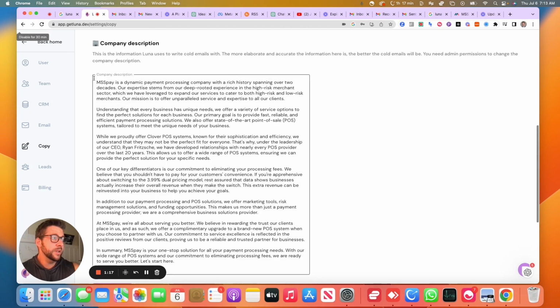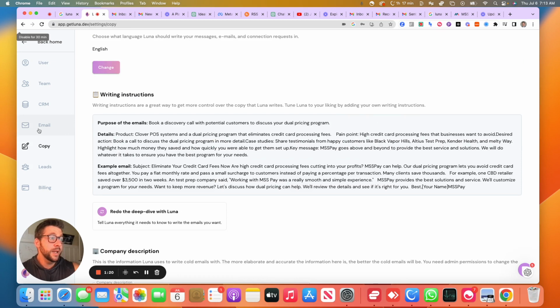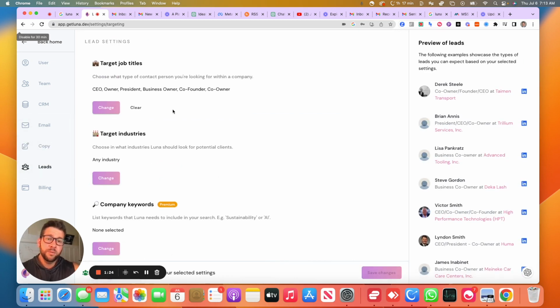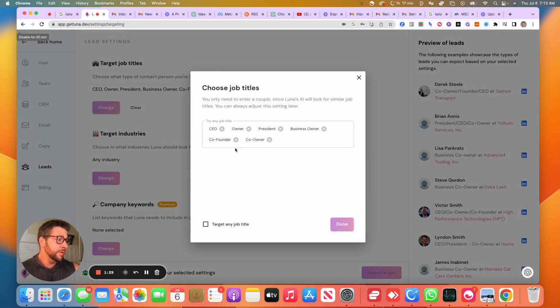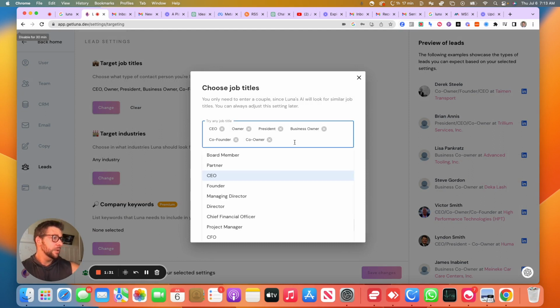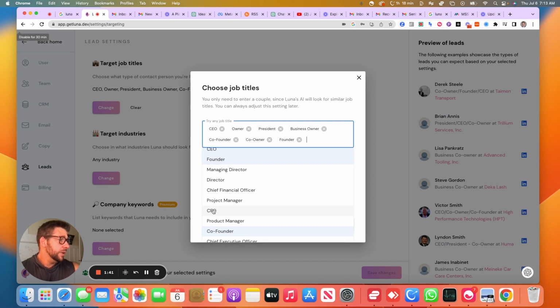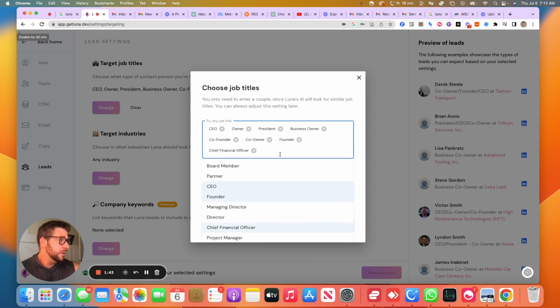And this is basically your baseline for developing your emails. Now, let's go into leads themselves. This is where we're going to be pulling from Apollo. Let's look at all the potentials. We want everybody that could potentially be a decision maker. So CEO, owner, president, business owner, co-founder, co-owner. We don't have founder in there. Let's see, what else do we not have in there? It may be CFO, and it may be Chief Financial Officer. Well, we've got CFO in there. Where did CFO go? There it is. So these are some of the things.